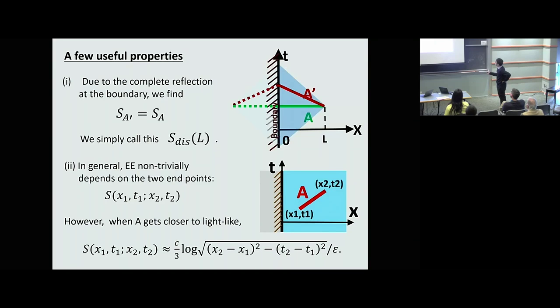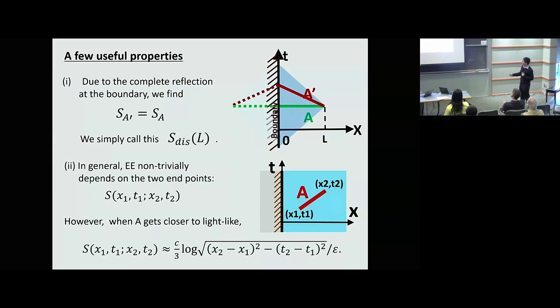So we have some boundary. In general, this violates translational invariance. So if we take some two points in the bulk, this is no longer simple. It looks very complicated. But especially if we take the limit where, originally this is of course space-like, always a subsystem should be space-like, but let's take a light-like limit. Then we have a universal answer about the behavior.